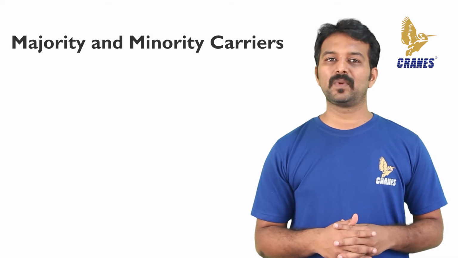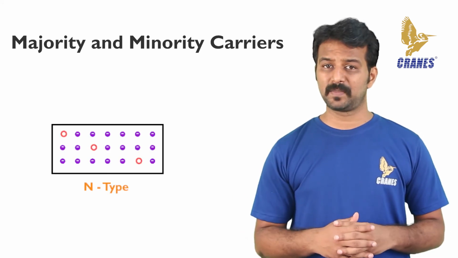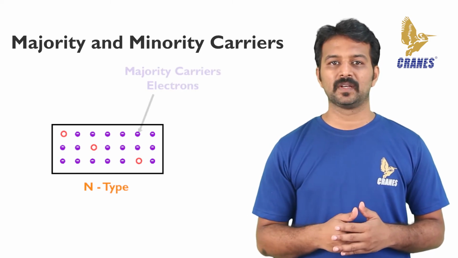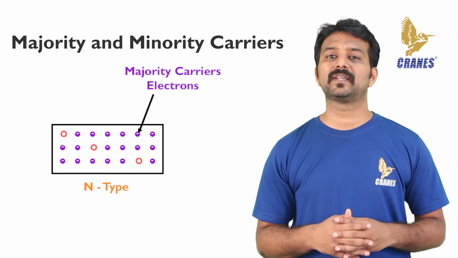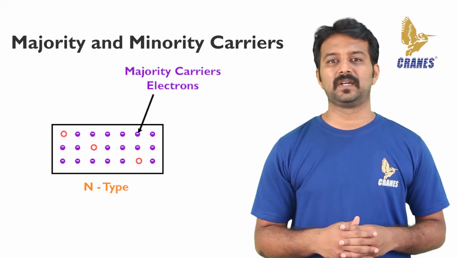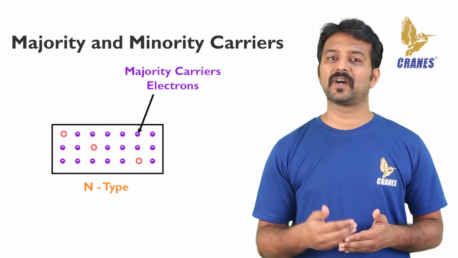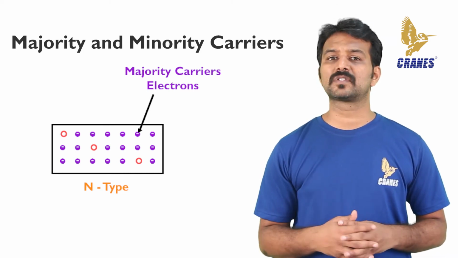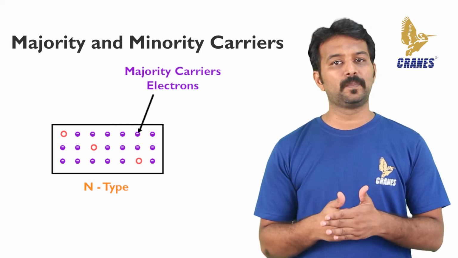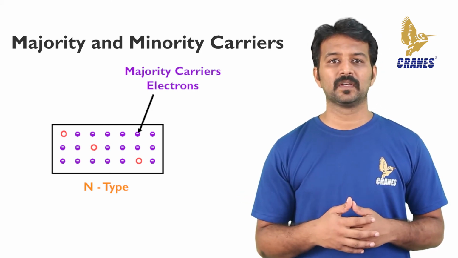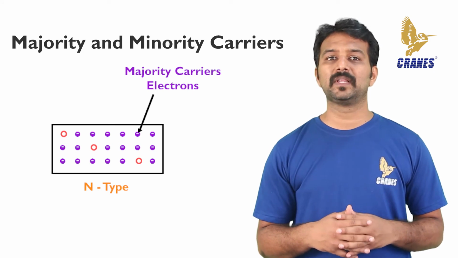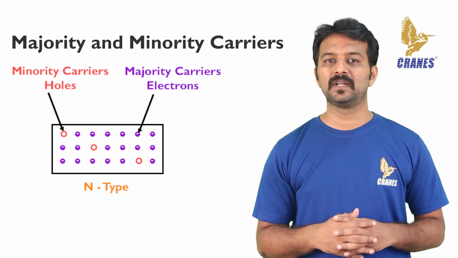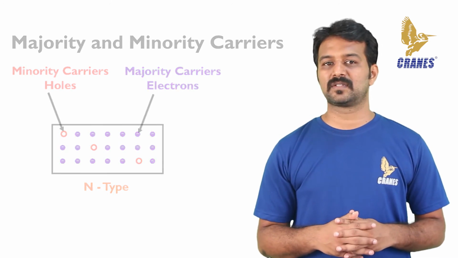silicon doped with pentavalent atoms is an N-type semiconductor, which stands for the negative charge on the electron. The electrons are called the majority carriers in N-type material. Although the majority of current carriers in N-type material are electrons, there are also a few holes that are created when electron-hole pairs are thermally generated. These holes are not produced by the addition of pentavalent impurity atoms. Holes in an N-type material are called minority carriers.